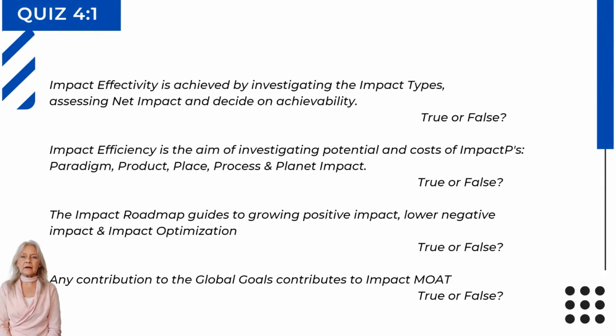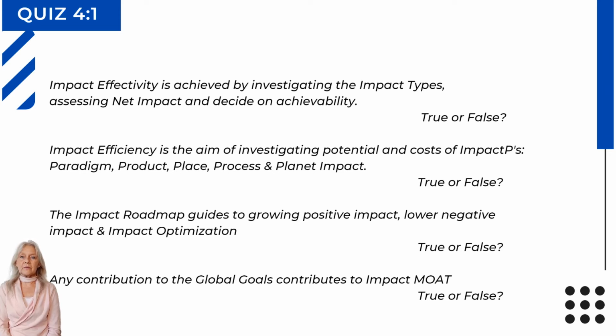Question. Impact effectivity is achieved by investigating the different impact types, assessing net impact and deciding on achievability. Stop. True, for instance, do no harm: impact elimination of harmful products or ingredients can effectively achieve net impact. Question. Impact efficiency is the aim of investigating potential and costs of the Ps. Stop. True, optimizing impact with the impact Ps, the costs, savings and benefits is an efficient way to innovate for